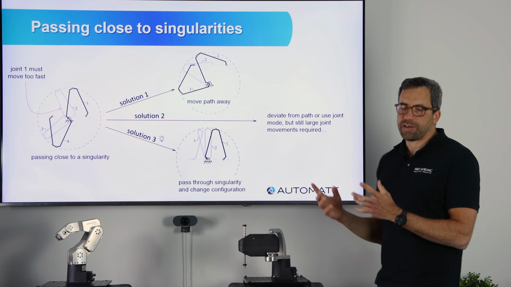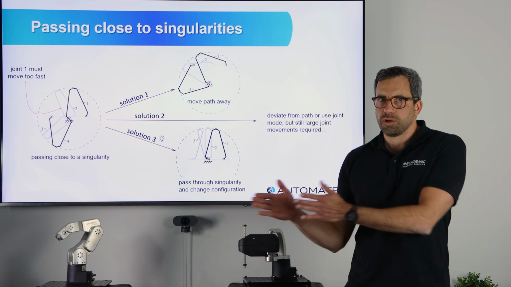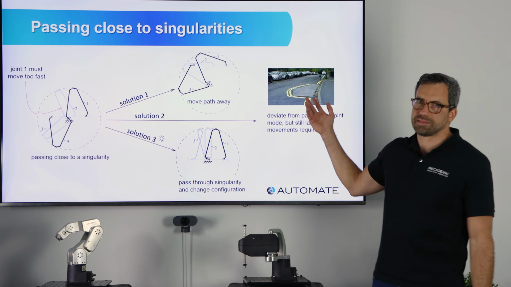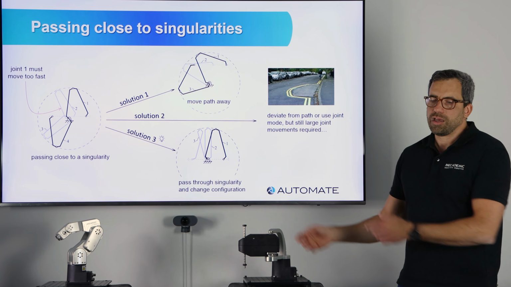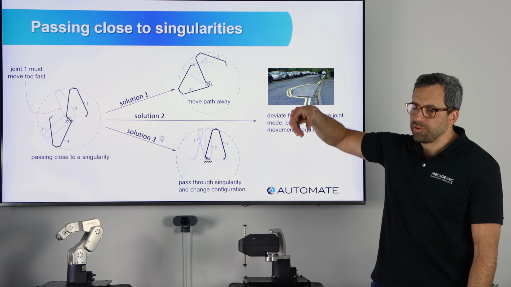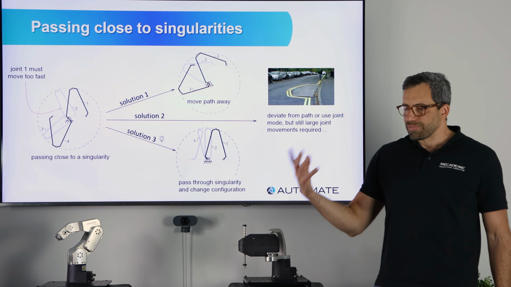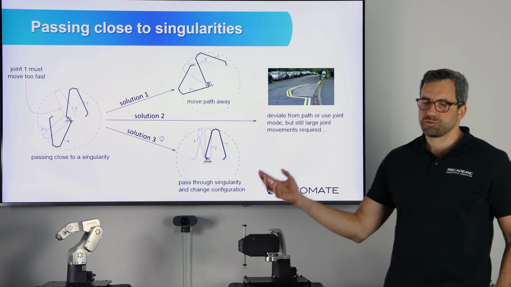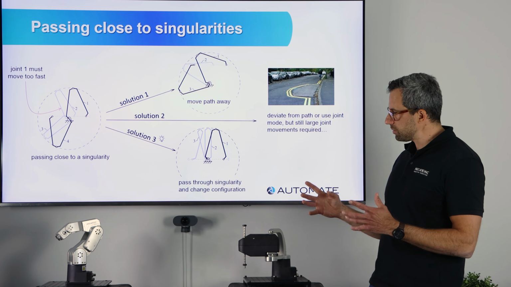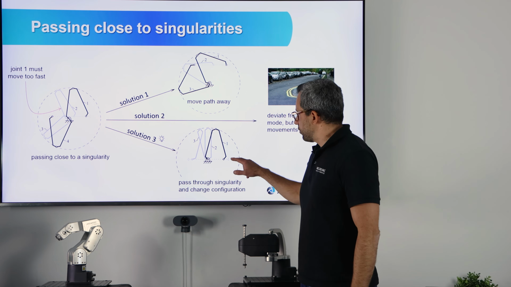Another solution that many manufacturers offer, they call it singularity avoidance, but basically you ask the robot to follow a line, and then the robot doesn't follow a line. So it's kind of an avoidance, but you no longer follow the line. So if you are gluing, you cannot use this approach. Maybe if you are just moving away from a table, it's okay, but otherwise this is not really a feasible approach. And then the other approach, which we're not the only ones at Mecademic. There are a couple of companies who do this, but it's definitely not most of the robot manufacturers. So the other approach is just be able to